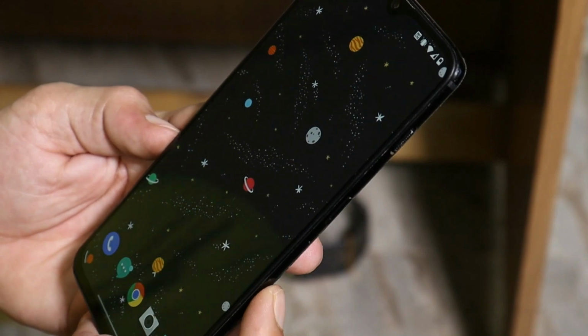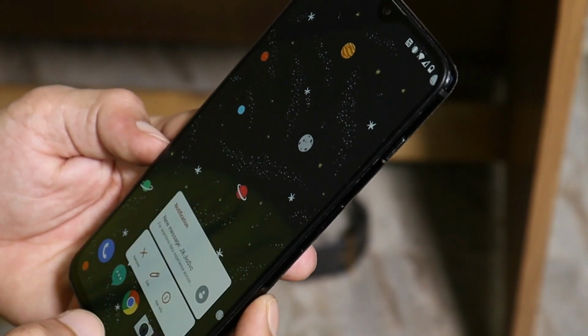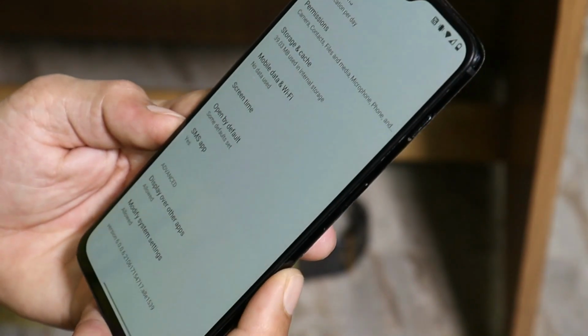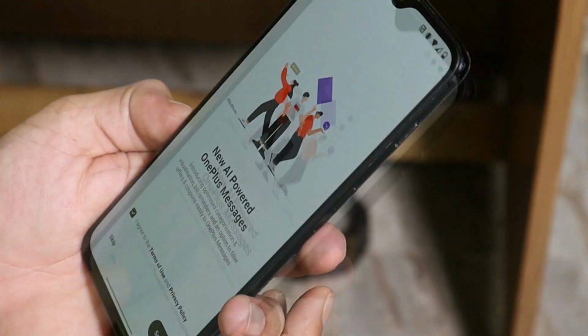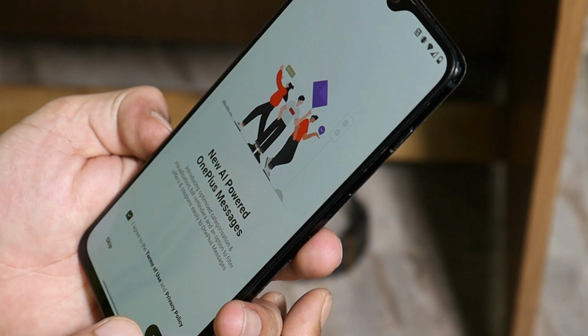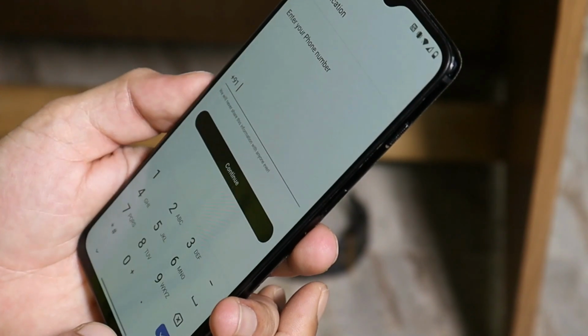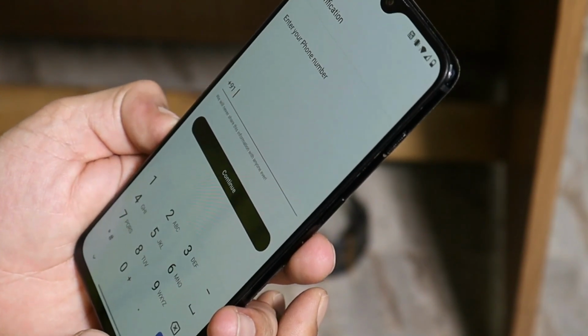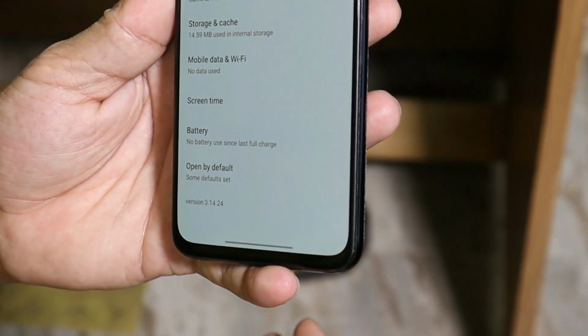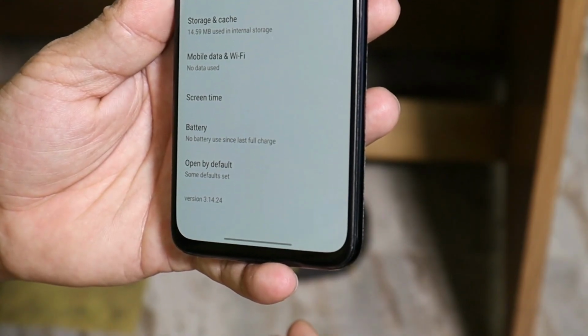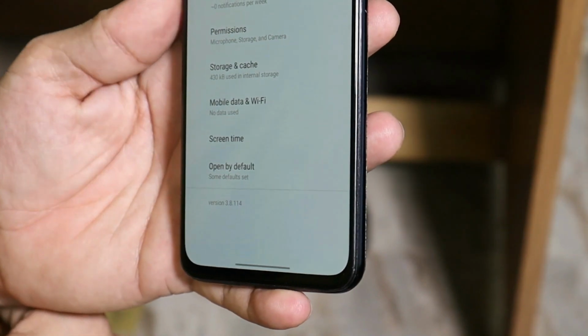Here most of the system applications have been updated. Talking about the messaging app, the current version of the messaging app is version 6.0, and this is the updated messaging app from where you can also enable the new AI powered OnePlus messaging services. You just need to add your number and you're good to go. After that, we don't see any major bump in the camera application. With Android 11, camera version is version 3.14, and this was the camera version on the previous update.